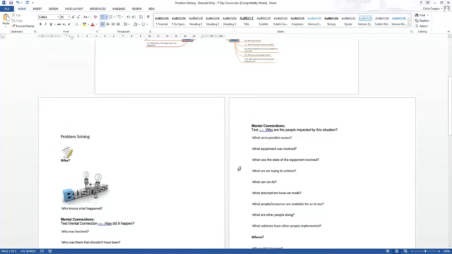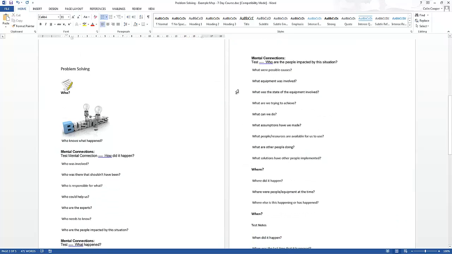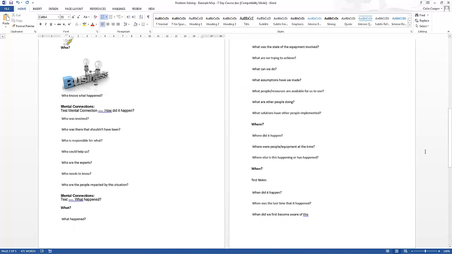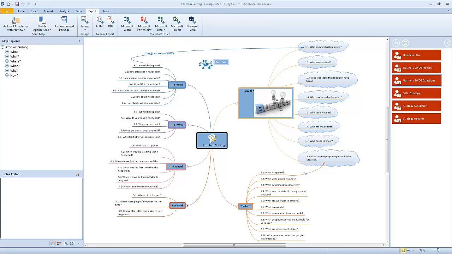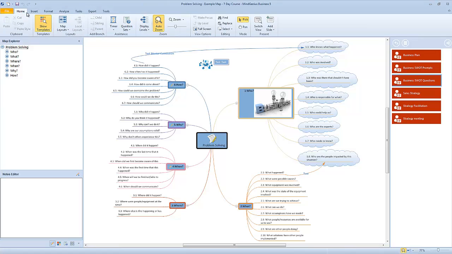If you'd like more information on this, again, just jump on one of our webinars and we'd be happy to show you how this can export with formatting and more. We have a lot of people that use it for producing reports or even studying. You take all your information down into the mind map once, and when you export it, because it exports with all that formatting, it's very easy then to share that information and you're not doubling up on work. So that's as easy as it is to export into Microsoft Word, and it's just as easy to export into any of the other formats. So now what we're going to cover,